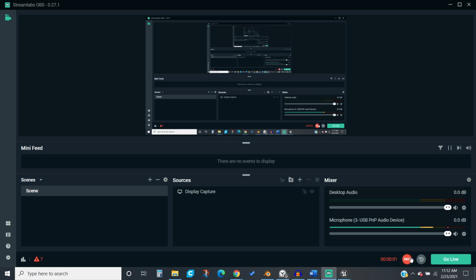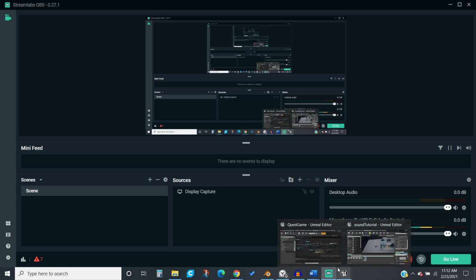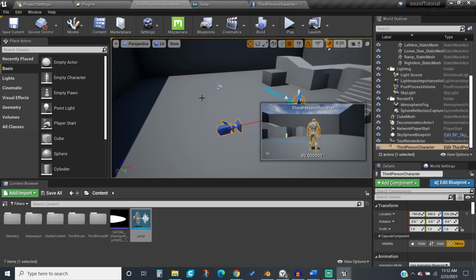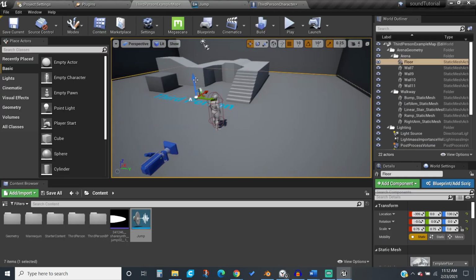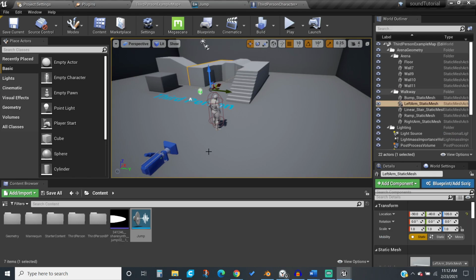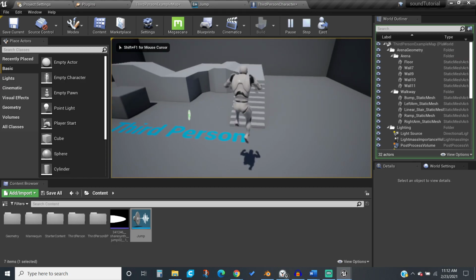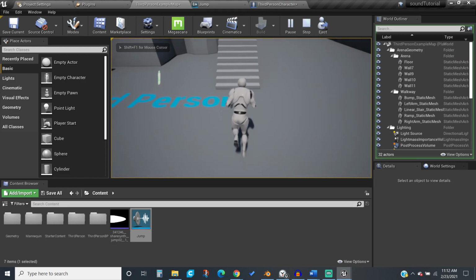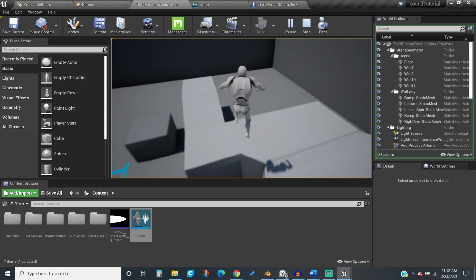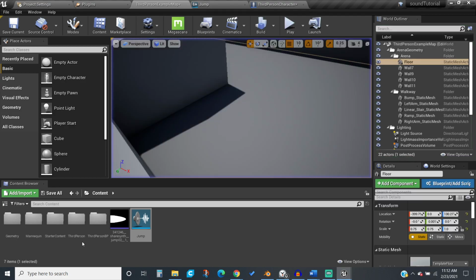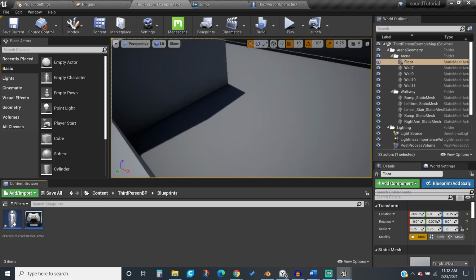Okay, so in this tutorial we're going to tweak the character movement. This is all I have. Like when I press jump, it plays a sound. Everything else is normal. So we're gonna go over some of